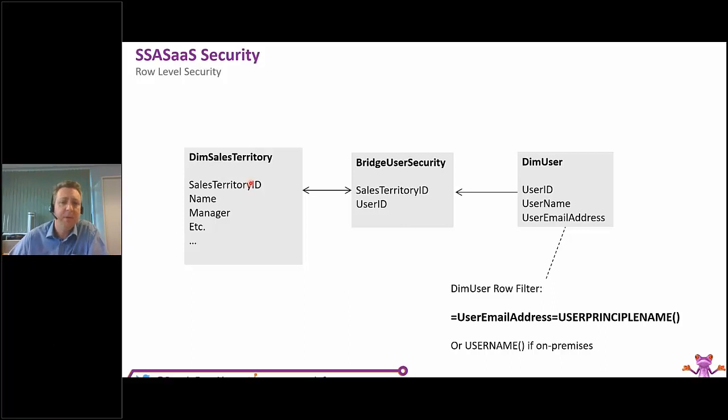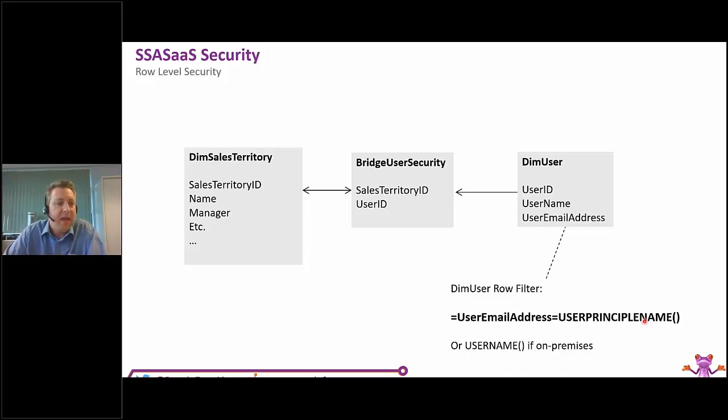So it's very easy to set up. And all we then need to do is in that row filter within our role, we need to specify a DAX expression for the dim user row filter of the user email address equals user principal name as a function. And that user principal name gives you the Active Directory email address that is being used by that user being